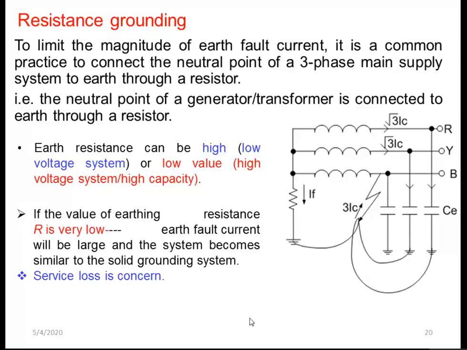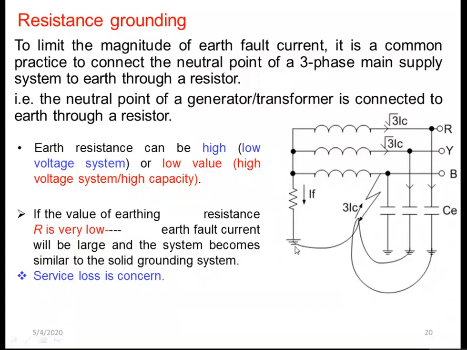And that is the resistance grounding. Now the purpose of having the resistance grounding is to limit the magnitude of earth fault current. And we connect this resistance between the neutral point of a three-phase supply system